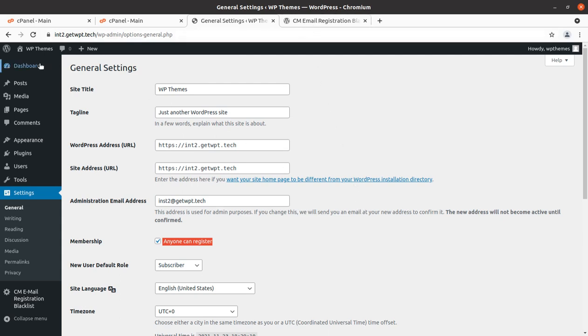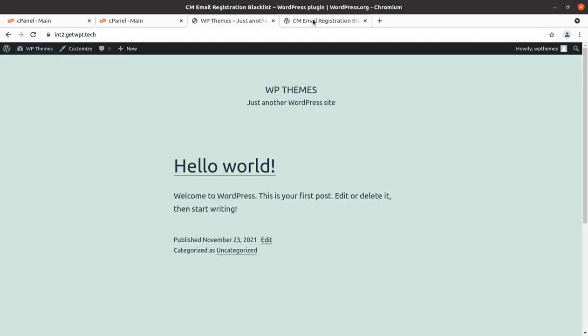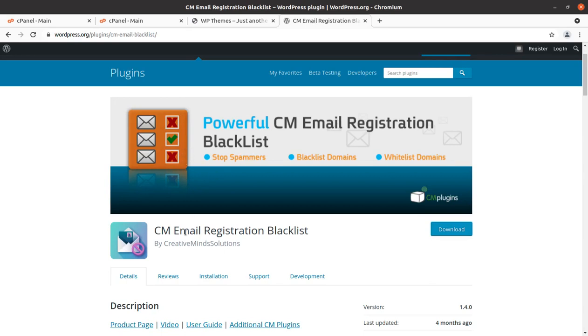I believe I have given you enough information about this plugin, that is CM Email Registration Blacklist. You can also install this plugin to restrict unwanted users from registering at your website, and I believe this plugin is actually going to help you.